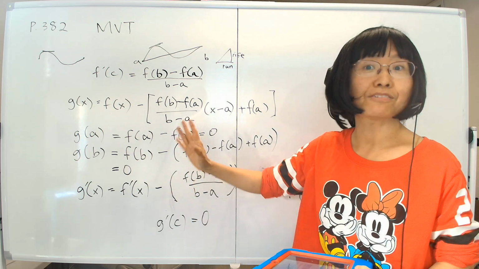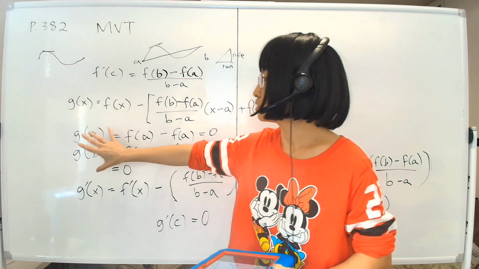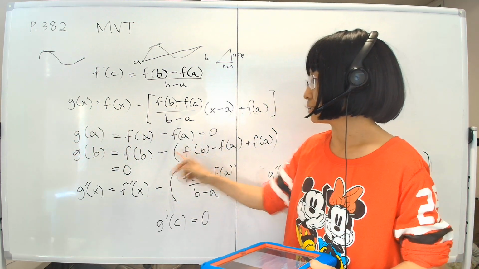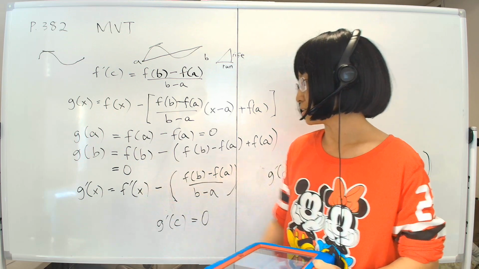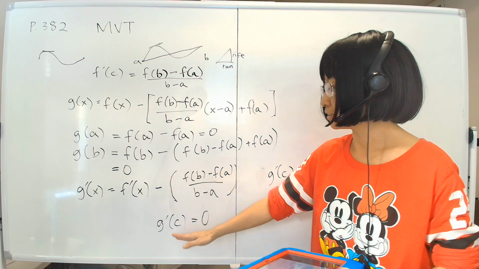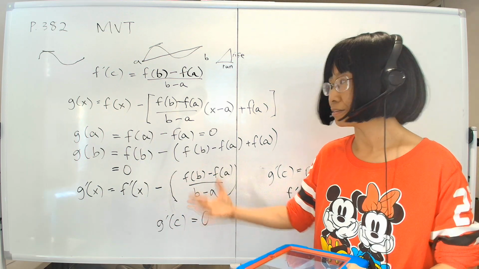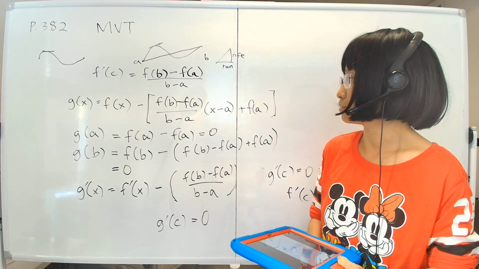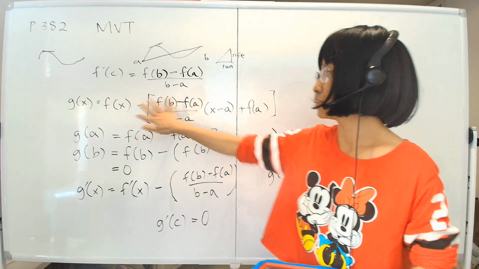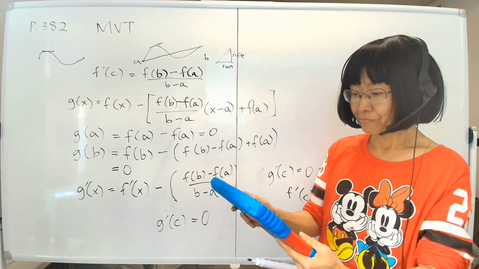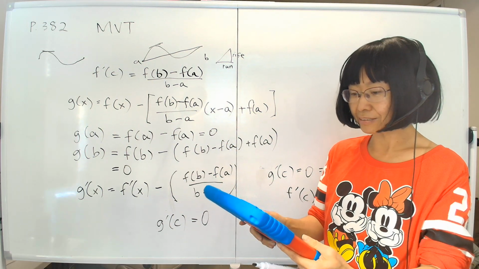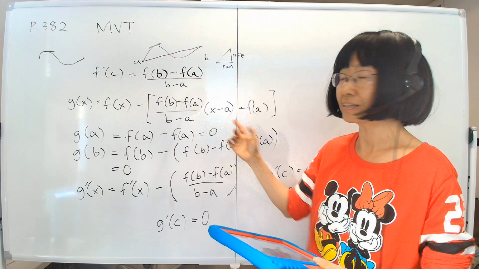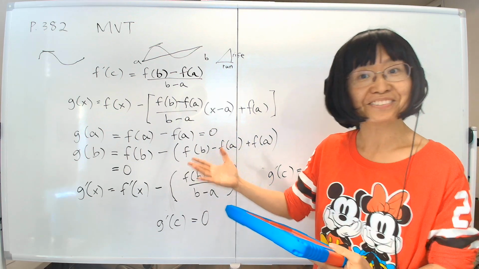Well, actually, the derivative doesn't have to be anything. As long as you come up with a function where the ends are the same, and it's based on the function f, then you can naturally use Rolle's theorem and prove the equality of the derivative. And that is how this function is worked out. Your book gives a slightly different explanation of how to come up with this, but it doesn't matter how you come up with it. The point is,